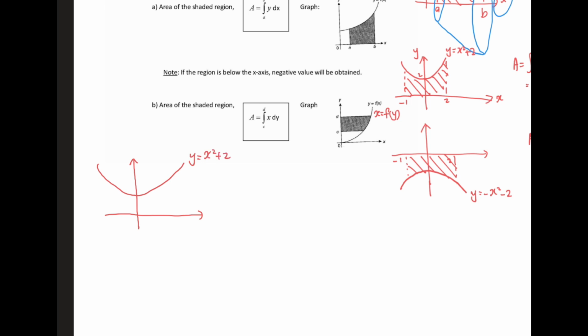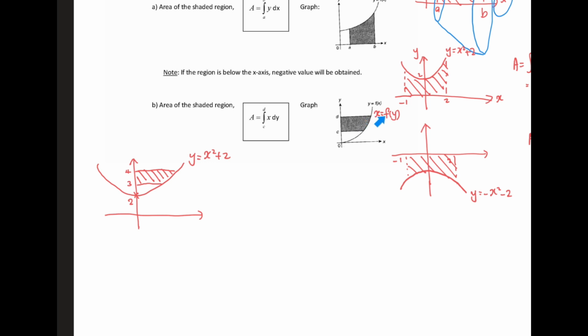Same equation, y equal to x squared plus 2. Okay, let's say now I want to find this area. Just now I already mentioned this is 2, right? So let's say I want to find 3 to 4. I want to find this area. You know, this area is from the curve to the y-axis, and because of that, what we need to do